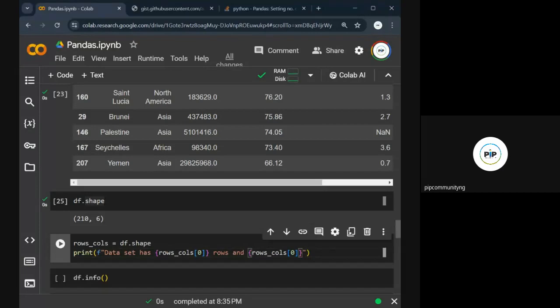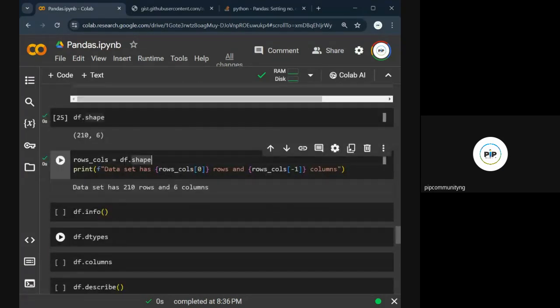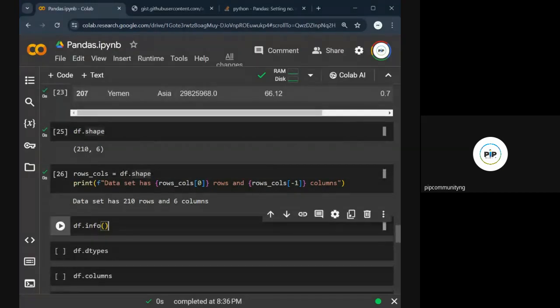So I put -1 here. And then I'll write columns. Finish. That's all. So when I run it, it tells me the data set has 200 rows and 6 columns. So that's dot shape. So let's see